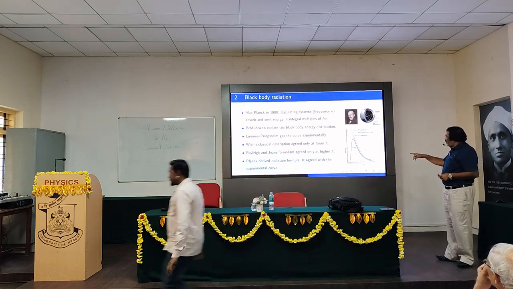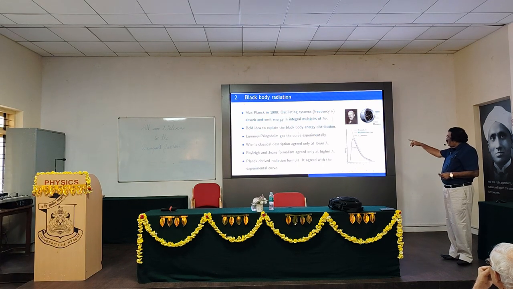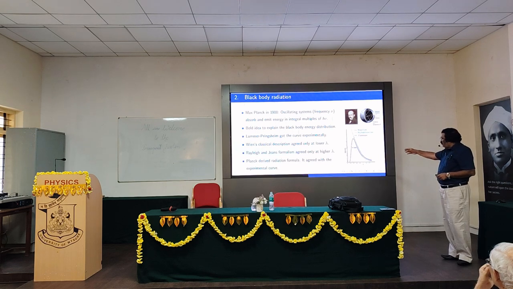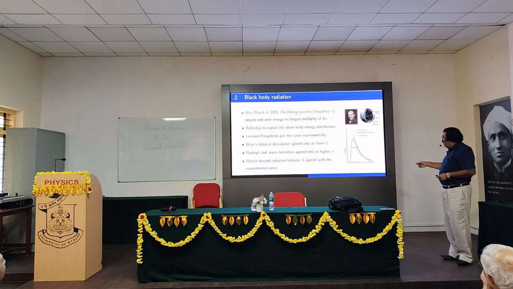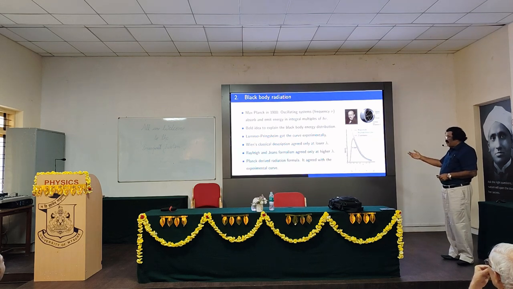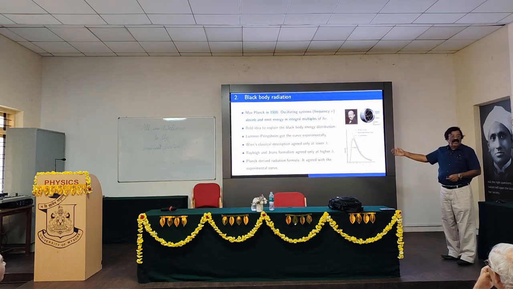So Wien's theoretical formula agreed with the experimental curve at lower wavelengths, but failed at the higher wavelengths. You can see the red curve is the experimental one, and the blue curve, I think, is Wien's curve. It slightly varies. It almost explains the blackbody spectrum. However, since it did not explain completely, Rayleigh-Jeans gave, again using classical physics and statistical mechanics, an idea, and their curve, the green curve, agreed at the higher wavelength, but failed at the shorter wavelength.